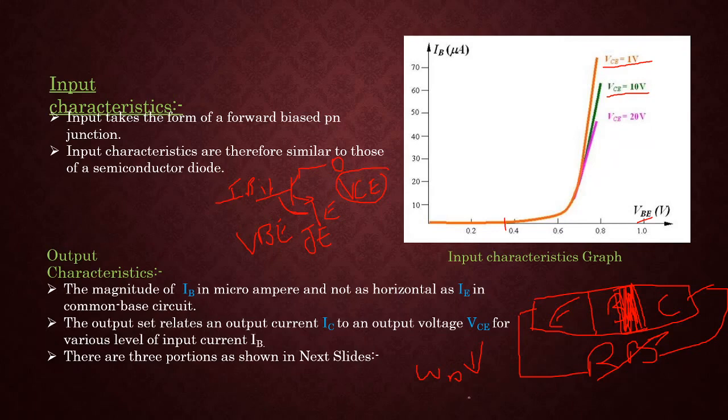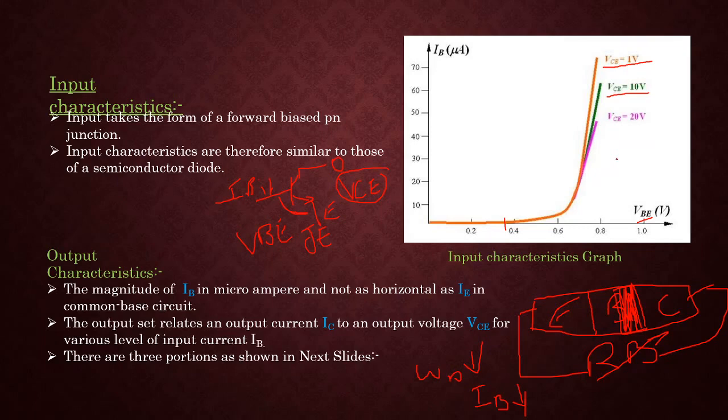Since the width has decreased, what happens here? The IB current is going to be reduced. That's why whenever we are increasing the reverse bias voltage, since the IB current has been reduced, the curve is shifting away from the origin. So this is the input characteristics. In this we have to remember input characteristics is nothing but sketching the plot between VBE voltage and IB current by maintaining output voltage as a constant.